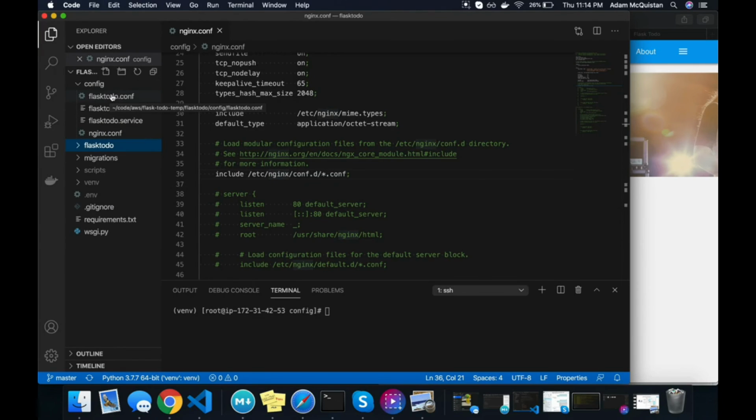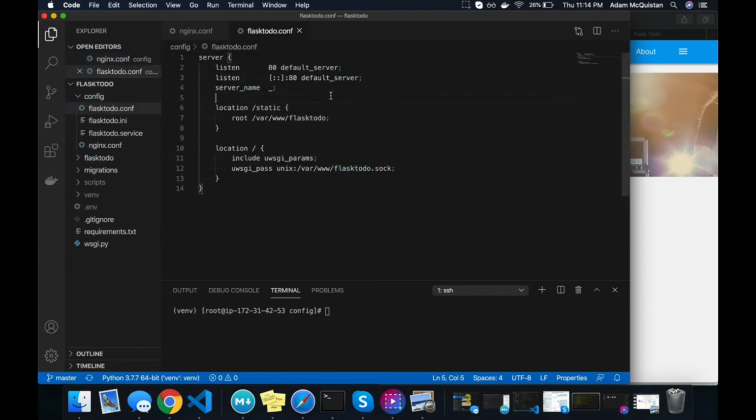So flask2do.conf is the custom nginx config for this Flask app. What that does is it says to listen on port 80 for IPv4 and IPv6, and that this configuration belongs to the default server. And then the server name is just this underscore variable catch-all thing. Normally you'd probably put in your domain name and then maybe even the IP address for the server. I'm not going to cover that in this video. I do in my course that I link to, but for our case we're just going to use this catch-all